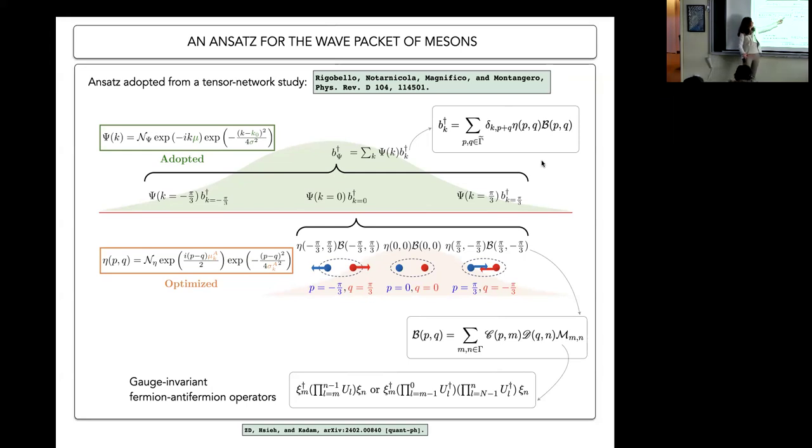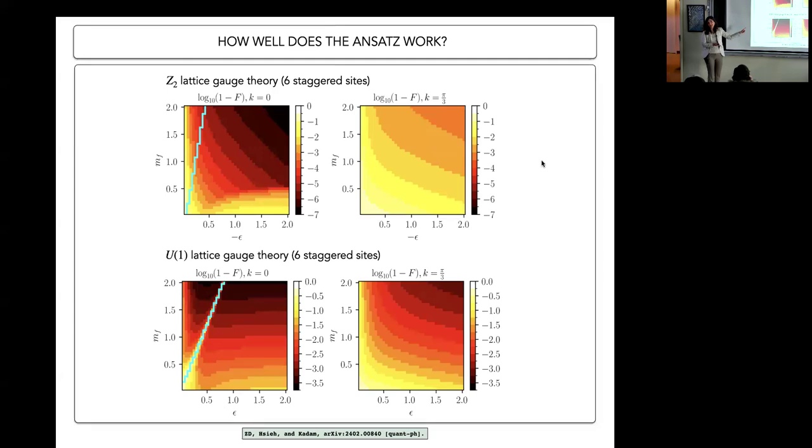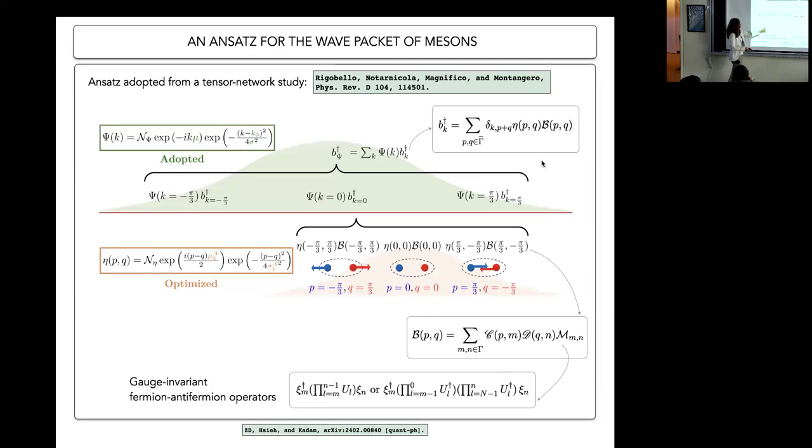Okay, so that's really the idea. There's some phase, and there's this Gaussian that would penalize the difference in the momentum of these particles. There are only two parameters for each of the momentum vectors of these excitations. Then you have to optimize. Does it work? Yes, it does. For the full parameter range of this model, we get a very high fidelity ansatz out of this. It's surprising. And something that I didn't tell you about is that these quarks and anti-quarks are in a gauge theory.